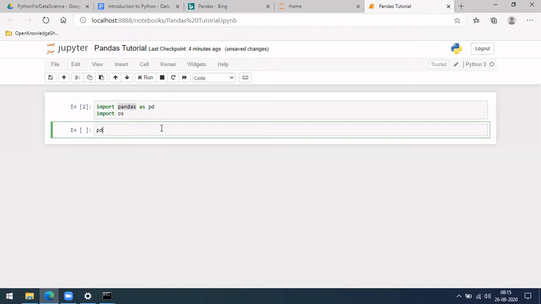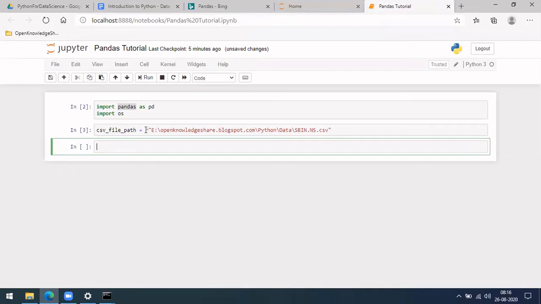So pd, just like pandas, it's pd right now. Let me first define the CSV path. File path equal to, in brackets. Okay, so now it's ready. So pd.read_csv, and inside let me add the path.